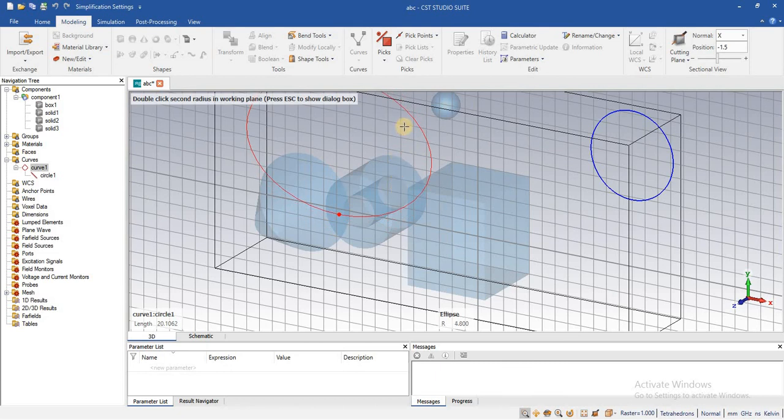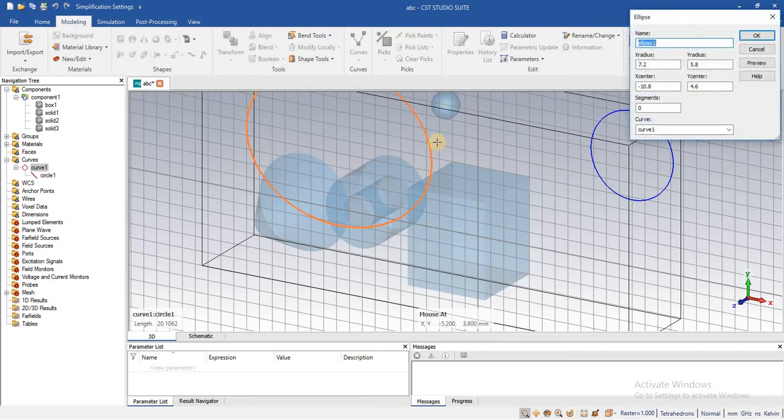Here you can see that for an ellipse, center point and radius point, and after that the orientation.